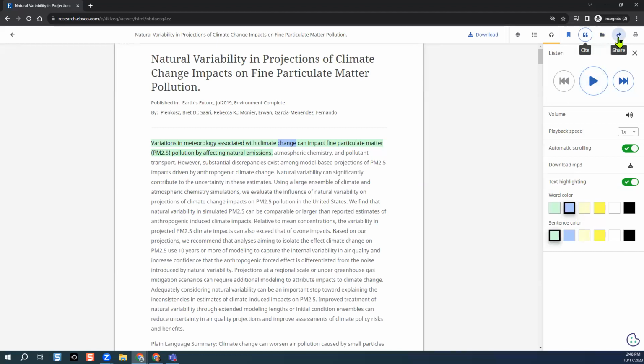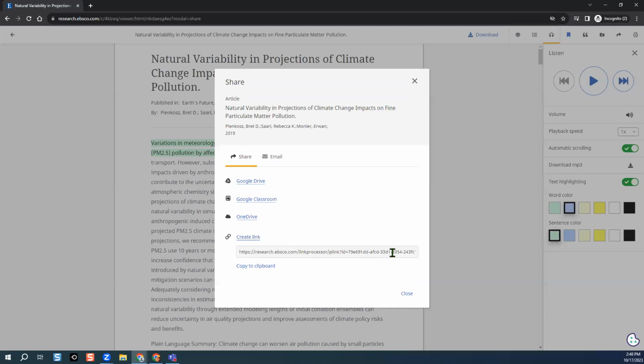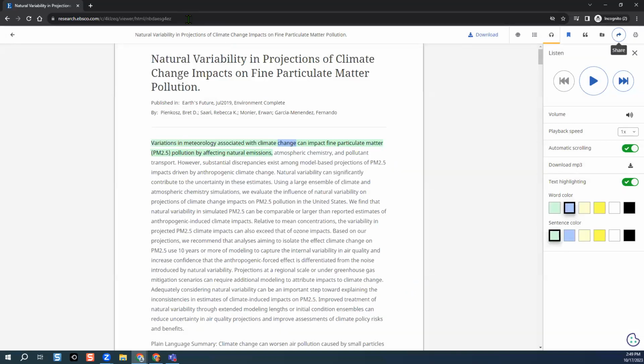You've got a share tool, which is a little swooshy arrow that gives you access to Google Drive, Classroom, OneDrive, and that permanent link, the persistent link, is available in the paperclip icon. So the biggest improvement from classic to new is that you don't actually have to select the persistent link or the permalink from that paperclip icon. The URL in your browser is now a persistent link. That's one of the biggest wins I've seen every time we mention it. It's like a light bulb moment for the audience, and we finally have delivered the URL is now a persistent